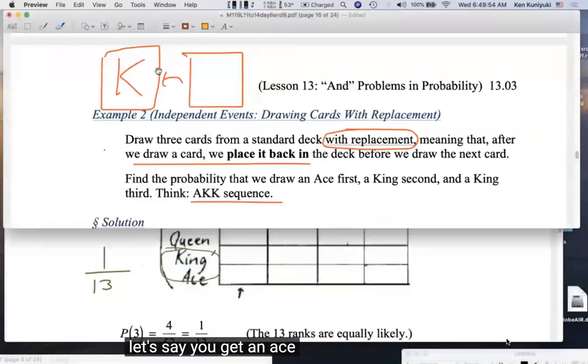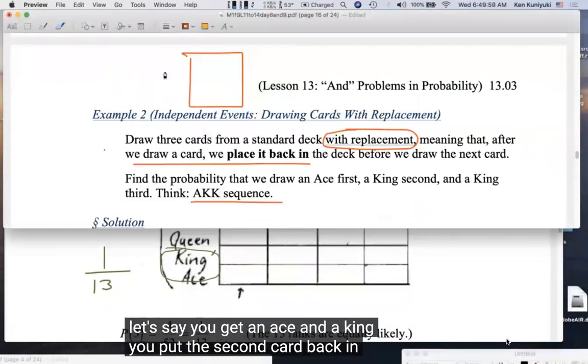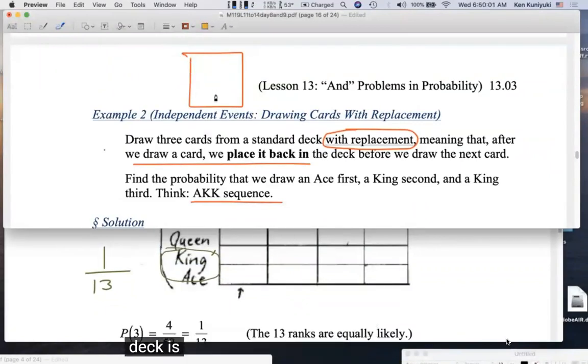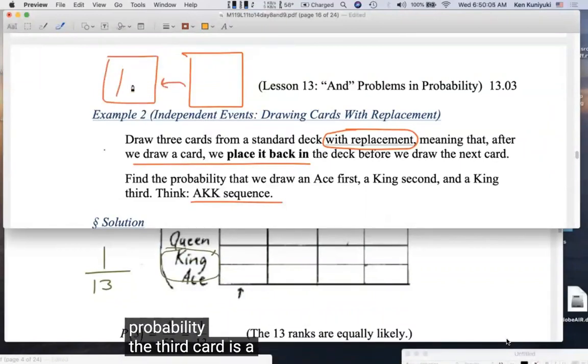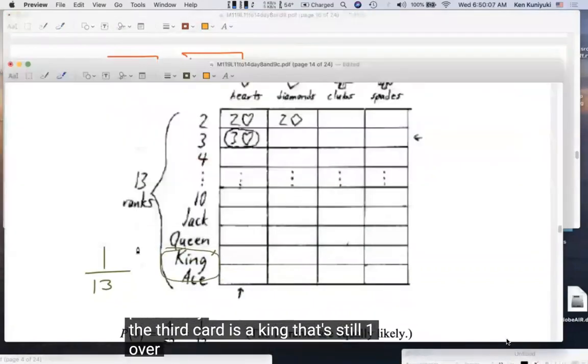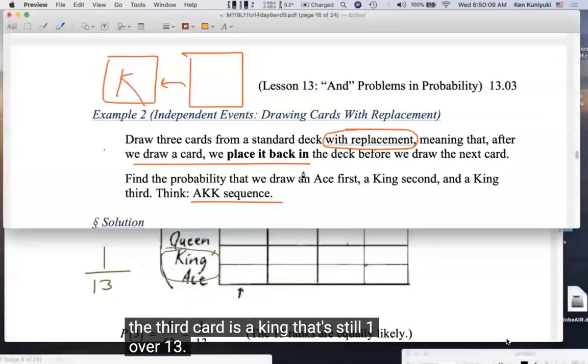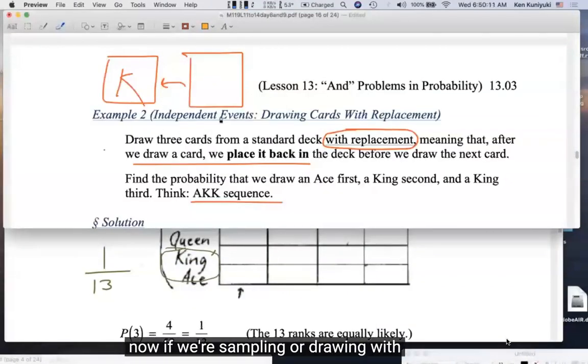Let's say you get an ace and a king. You put the second card back in. The deck is randomly shuffled. What's the probability the third card is a king? That's still 1 over 13. Now, if we're sampling or drawing with replacement,